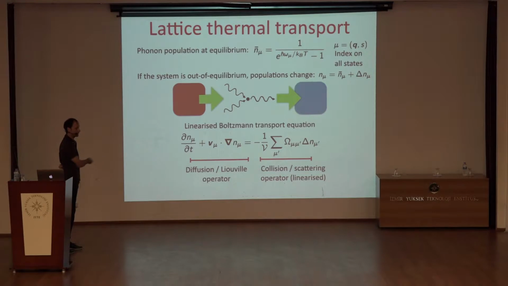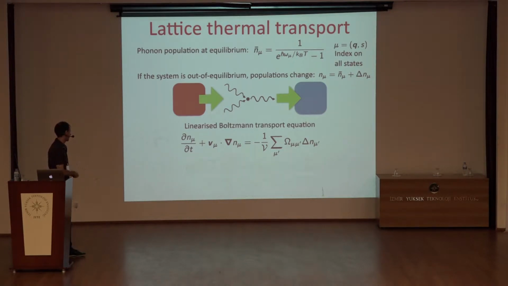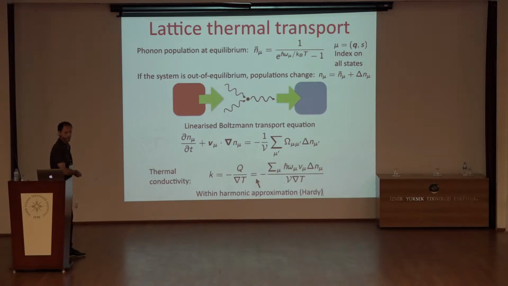Going back to the point, we have to solve that and get the out of equilibrium distribution function of phonons, and then you can get an expression of thermal conductivity, which we have seen within the harmonic approximation. This is given by the product of the number of particles times their velocity times the energy that they are carrying. This is easy. The problem is, of course, solving that